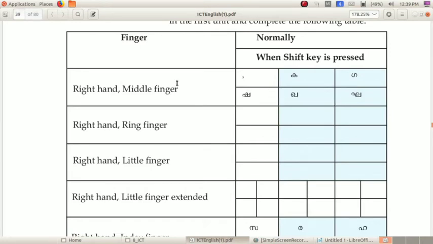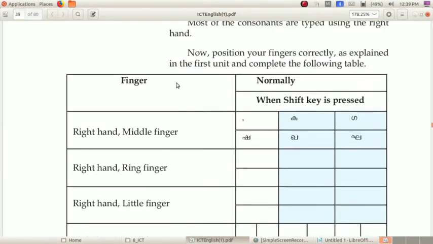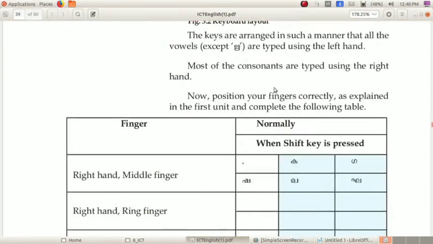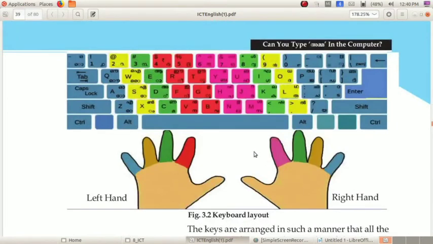So right hand middle finger, we can check that. This is the right hand, this is the middle finger. So green color, we can type comma without holding the shift key. So right here comma, then which keys? Yes, ka, gha, va, etc.